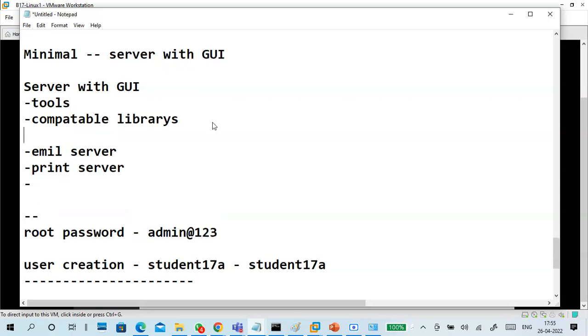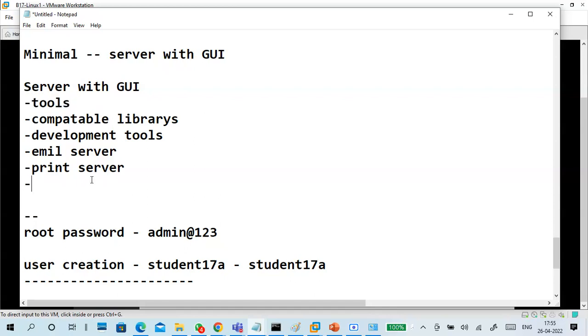Okay, development tools, development tools, compatibility. Any tools you can select. Okay, virtualization is completely optional, guys.